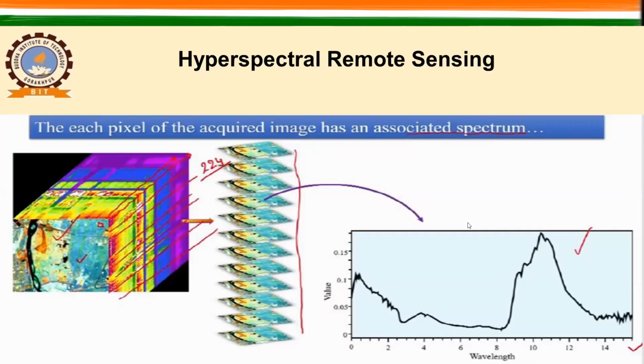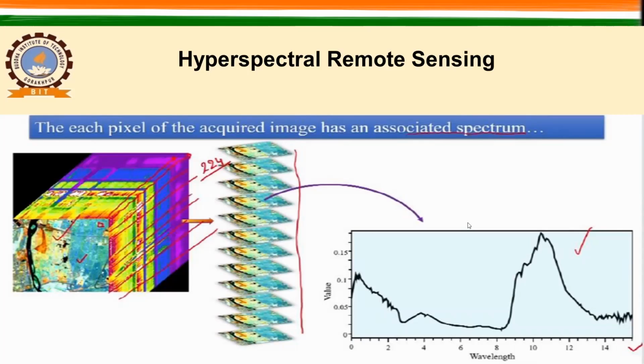So here you can see this is the area, and this is another direction where we have projected all the bands. All the bands are stacked behind. It may be hundreds of bands, stacked behind. Now if you want to know the property of this particular pixel, you will have enough information, because here you have hundreds of bands.